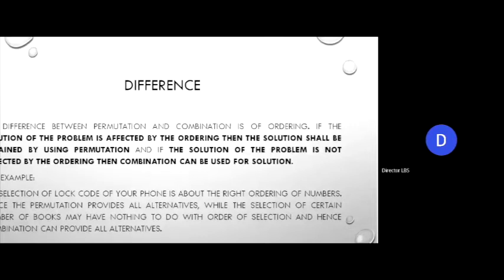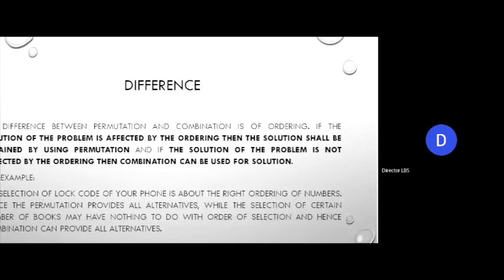अगर आप सारी possibilities count कर रहे हैं और उसमें order का एक importance है, then the solution to this kind of problem can be provided by permutation. और अगर order की importance नहीं है, then the solution can be provided by the term called combination. बहुत simple example मैंने रखा हुआ है यहाँ पे.